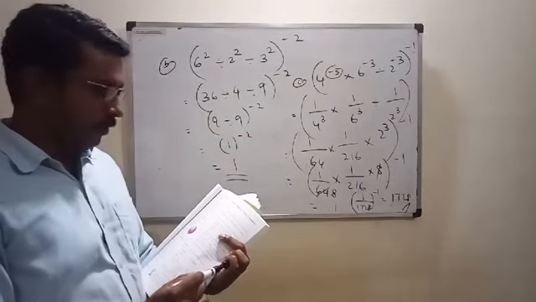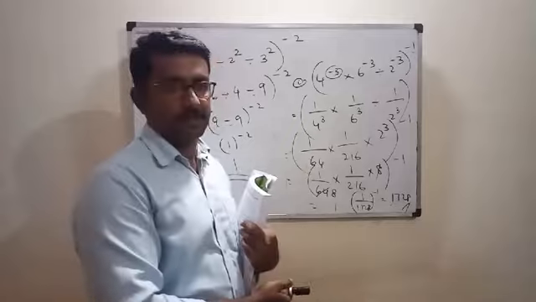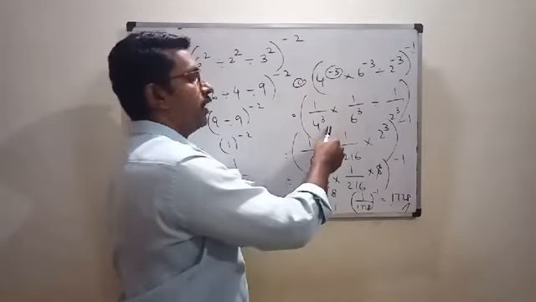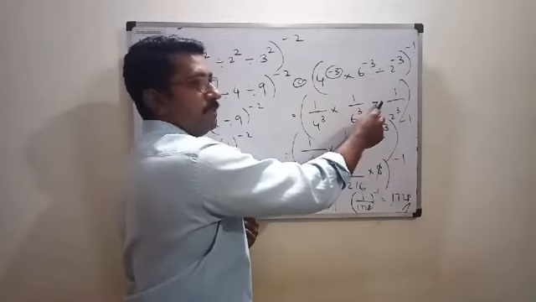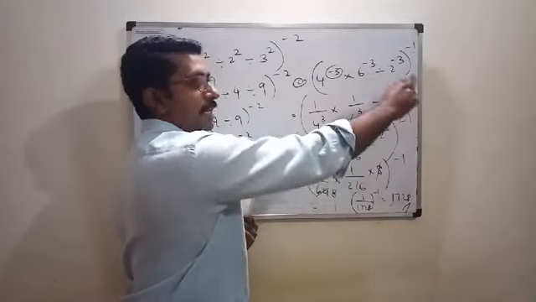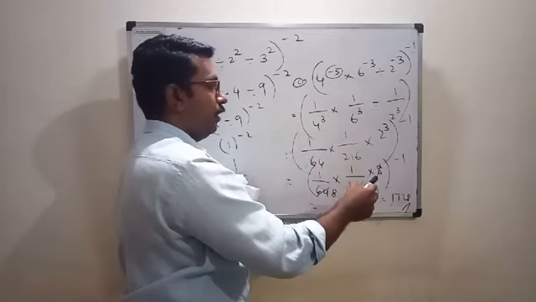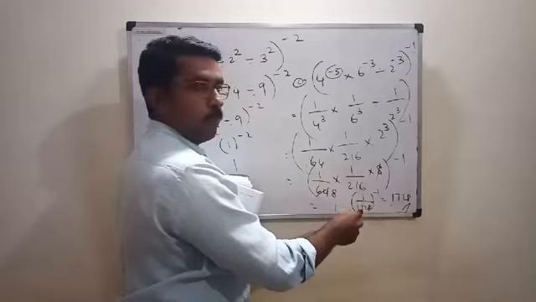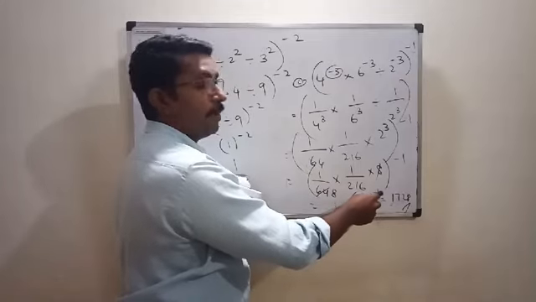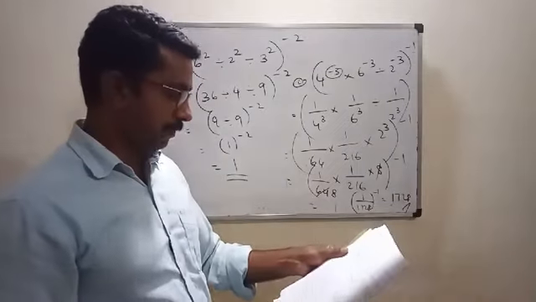All these problems you can do by yourself if you know the laws of exponents. It is very simple. My help is not necessary here, because this one we are converting as a positive exponent. This one also it is division. You know how to divide: reciprocal. 2 cube will go to the numerator. Expand this one. Cancel. 1 upon 1728 to the power minus 1. Find the reciprocal. 1728 is the answer.